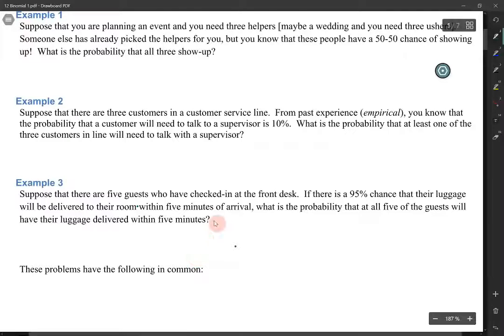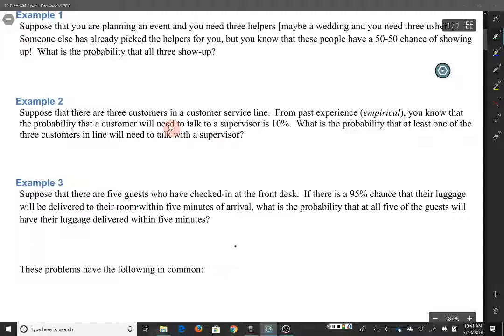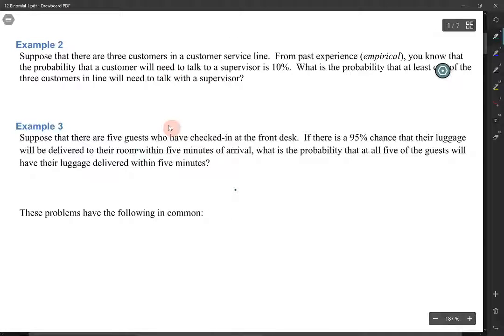One thing they have in common is there's n things. Here it's 3 things, here it's 5 things, and then the final question is, what's the probability that they all happen within that time? So maybe one thing that you might observe is that there's this basic